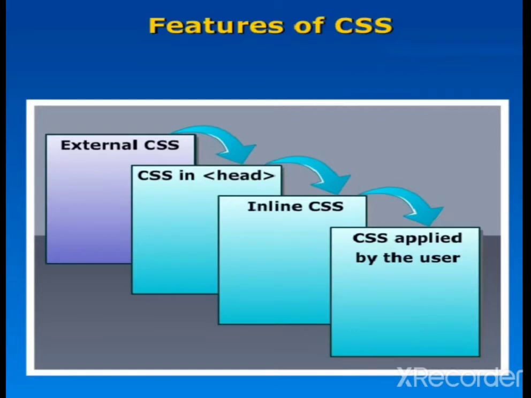Here are some of the features of CSS. The features are external, inline, internal and imported CSS. These are written in markup languages. External style sheets are stored in a CSS file. Multiple style definitions will cascade into one.